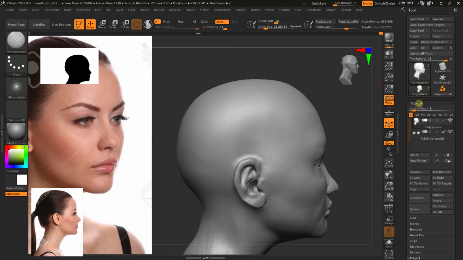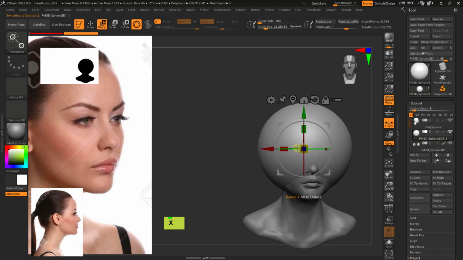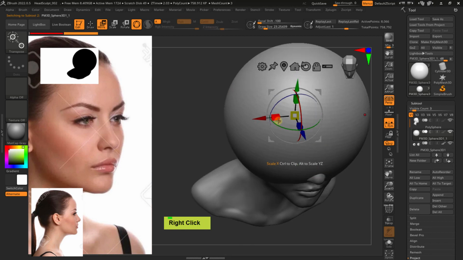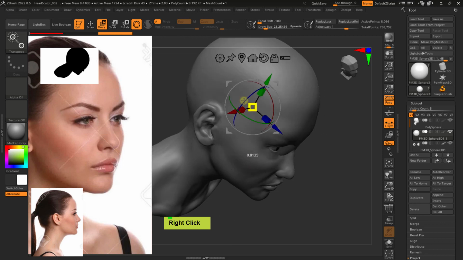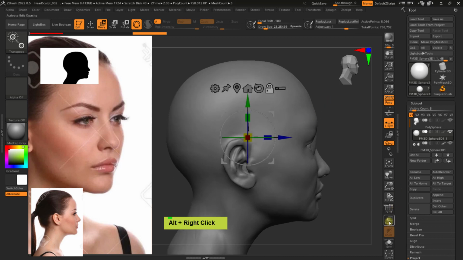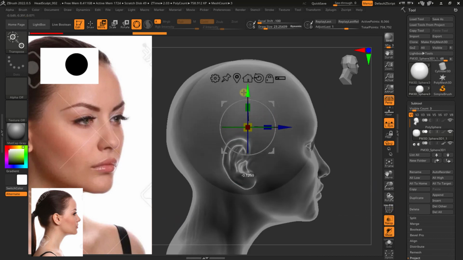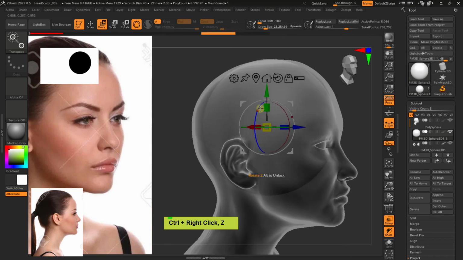Right, so go subtool and insert, and we are inserting a 3D sphere, and switch to move, and right away turning on X, and just scale it down in multiple directions. And this will be, imagine that this is something like a brain inside the figure, and that is just practically just a hair